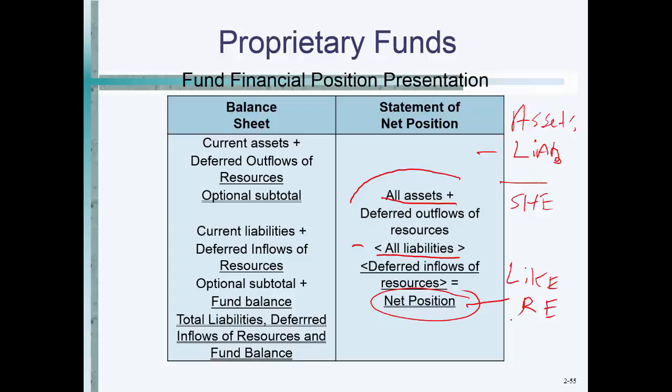Remember all that? Okay. And then if we're dealing with our governmental funds, these are our governmental funds up here. Governmental funds are going to take a little bit of a different approach for their balance sheet. It's current assets equal what? Current liabilities plus the fund balance, which is analogous to our net position for our proprietary funds. So the fund balance is like retained earnings, right? Okay, so we talked about that last time,